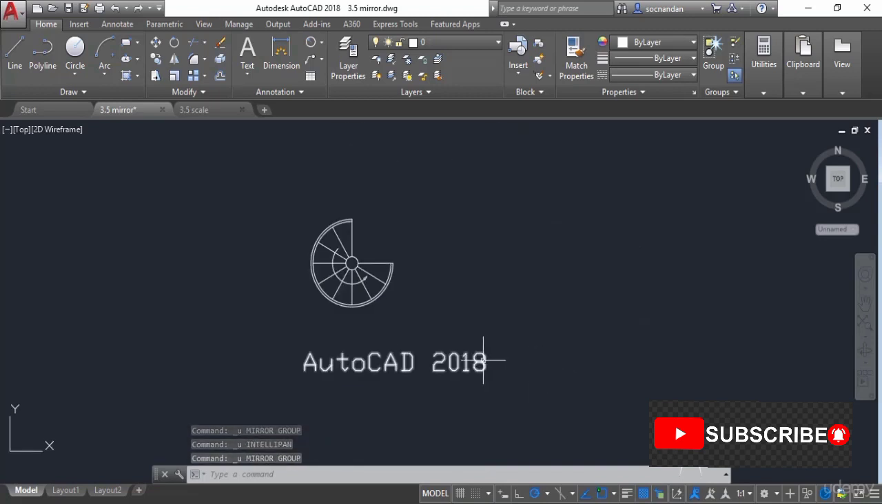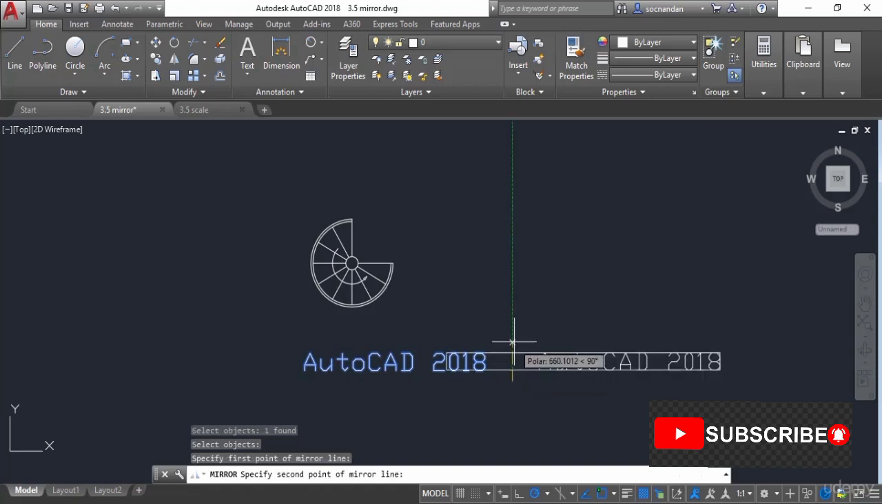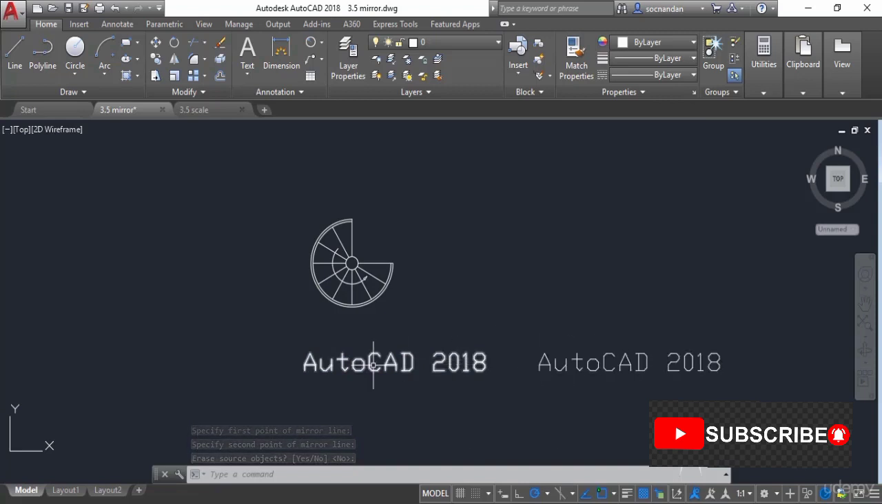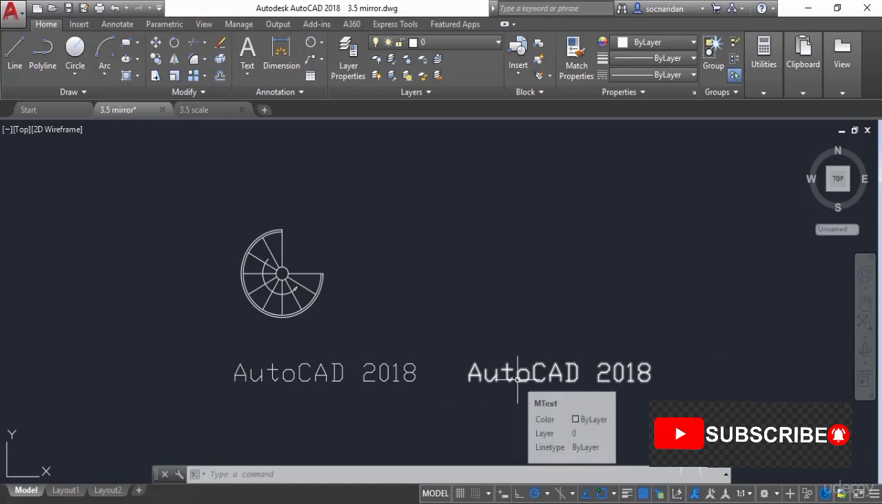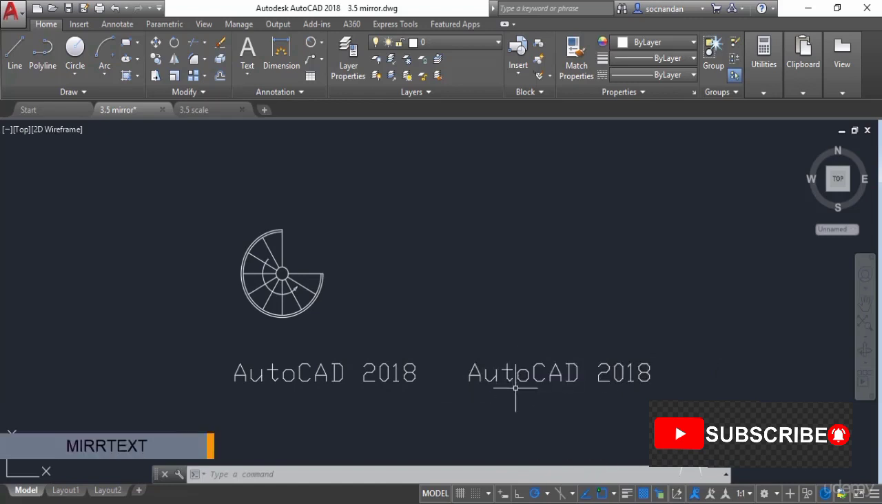Now we'll try the mirror tool on this text also. So select the mirror tool, select the text, press enter. Now click at a point and then click at second point and press enter. But in this case, you'll notice that the mirror copy has not been made. It is simply a copy of this original object, and these 2 objects are not laterally inverted as it was in case of this object. So in order to make a mirror image of text, you need to ensure that the mirror text system variable is set to 1. So I'll make a copy of this object here,